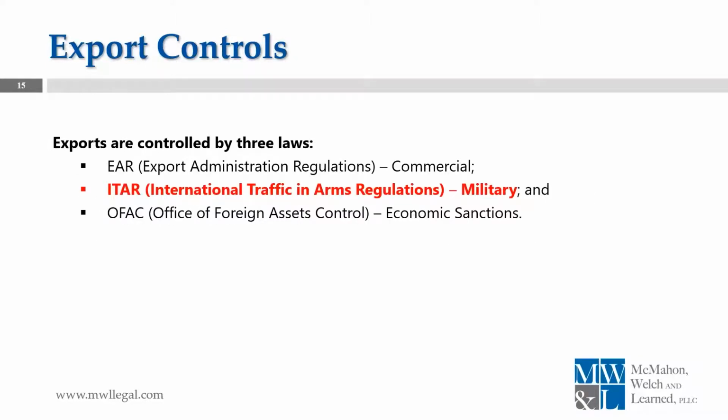Exports are controlled by 3 laws. We're going to mostly concentrate on the International Traffic in Arms Regulations. And when we talk about controlling data from here forth, we really are talking about controlling technical data. If we're talking about controlling technical data, it is going to be covered by one of these 3 laws. However, in some cases, especially under the Export Administration Regulations, the control may be nothing more than it has to be listed on a manifest, and nothing else. If something is controlled under ITAR, though, you do have to have a license.